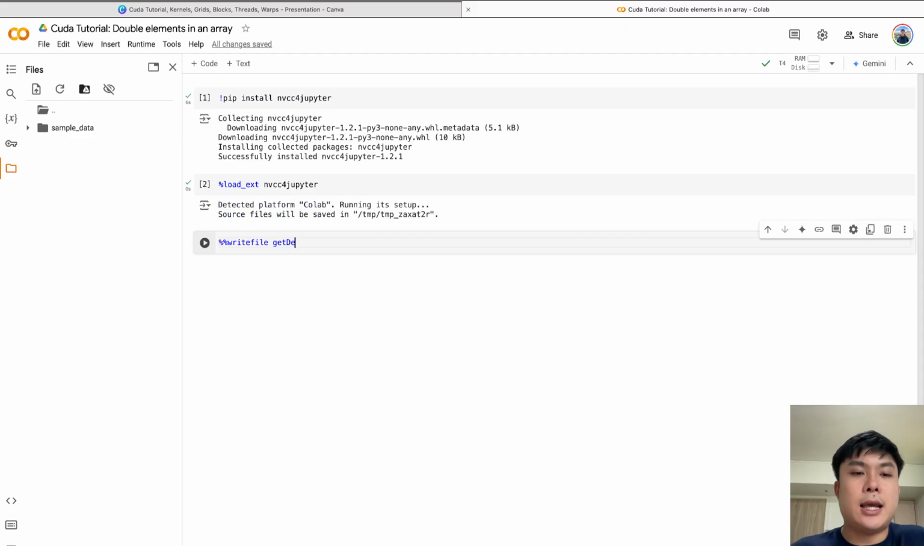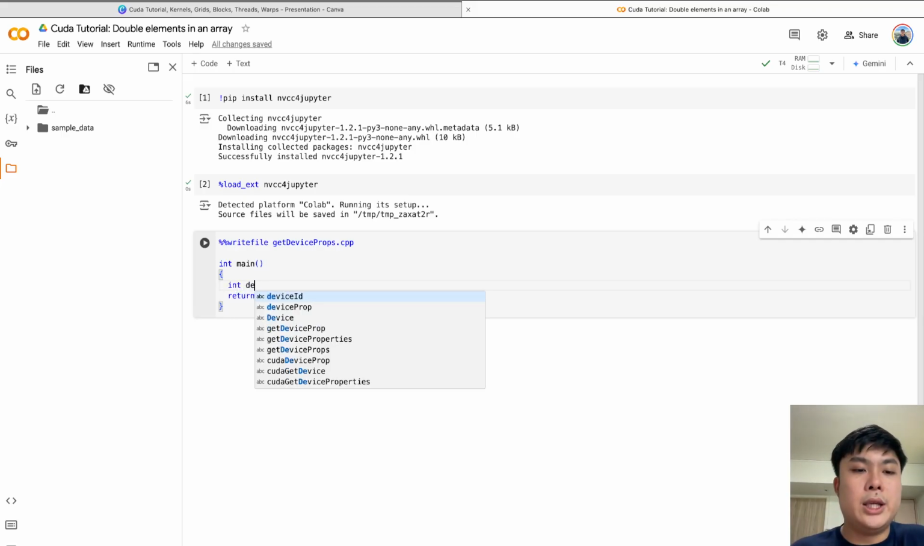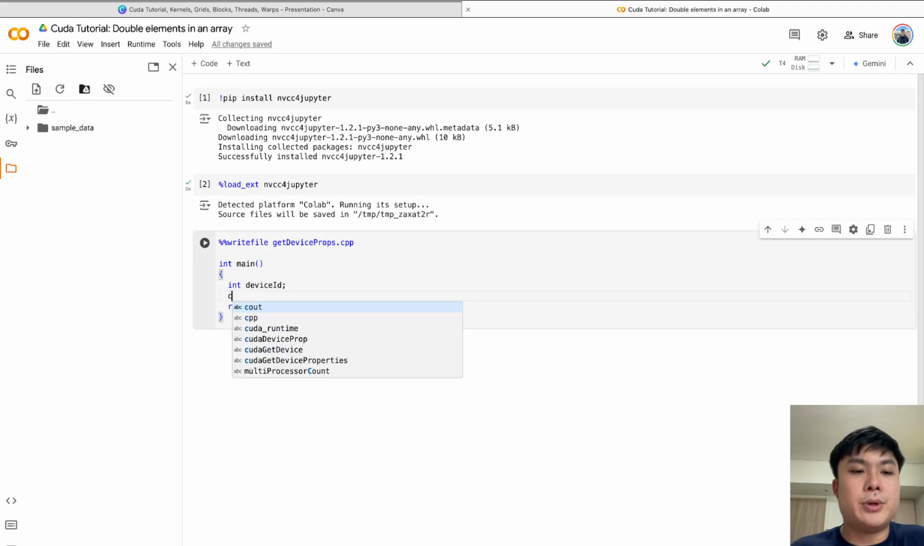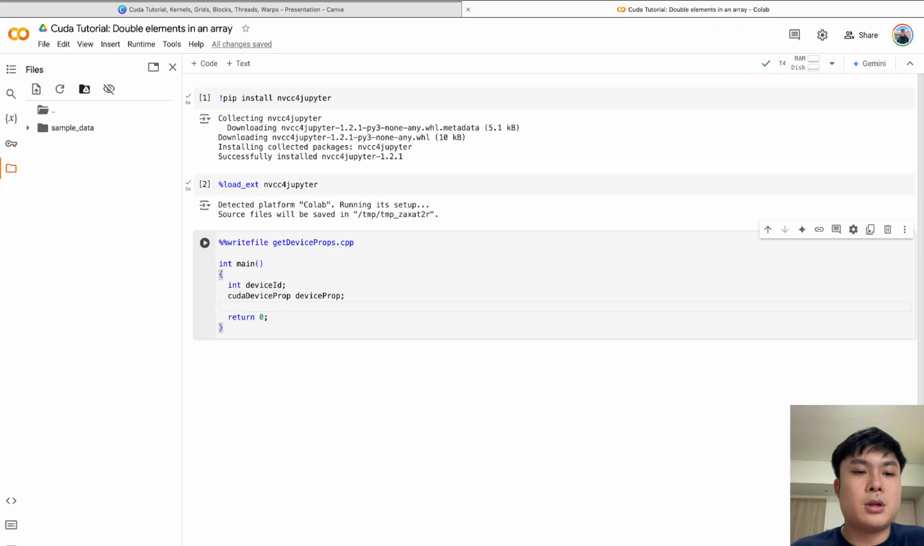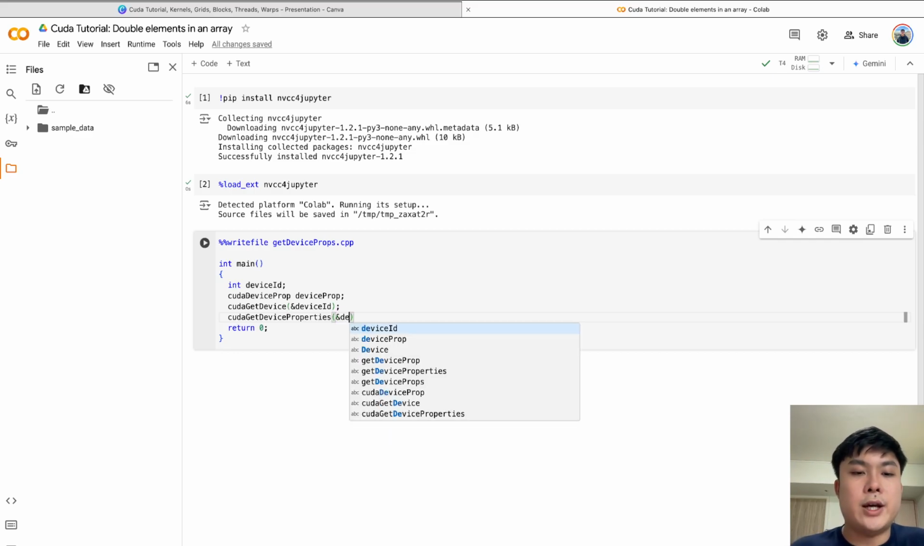So let's call this get device props.cpp, and we will instantiate a main function, and now what we want to do is to actually get the device property. So we'll call this the device prop, and then the first thing we'll call is cudaGetDevice. So we will get the device, and then we also want to get the device property, so we can pass in the device prop as well